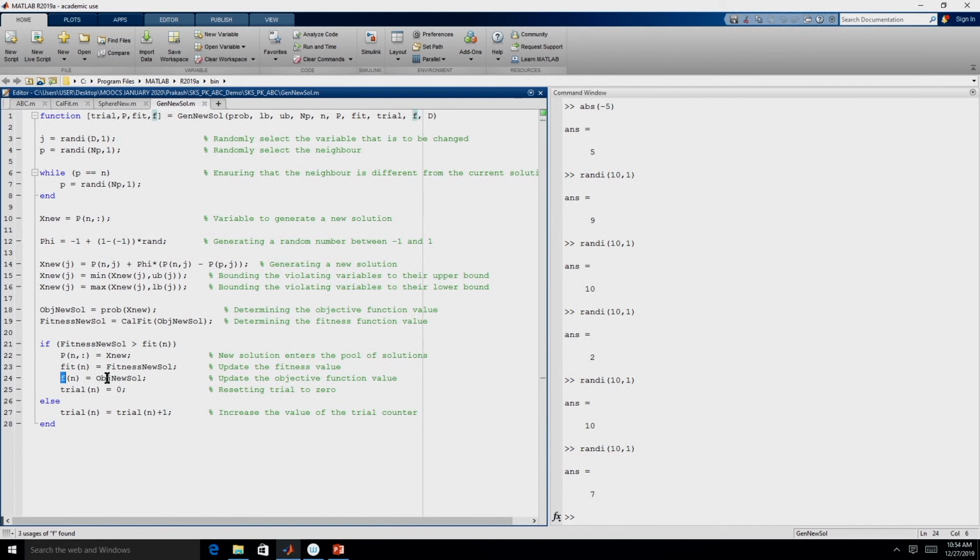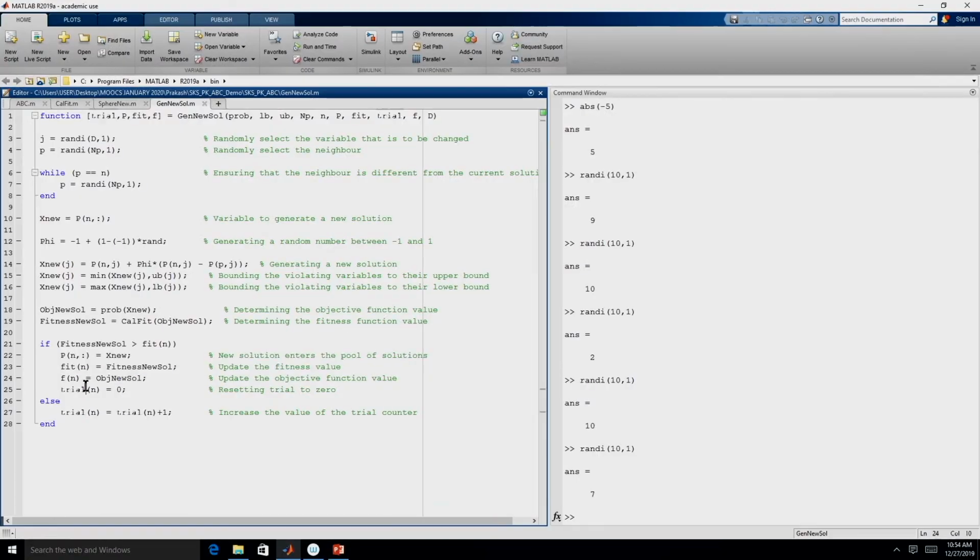Similarly, we update the objective function value also. So, all three have to be updated, and since this is the solution which is entering the population, we need to set the trial to 0. That is what we do over here: the trial of the nth member is set to 0.